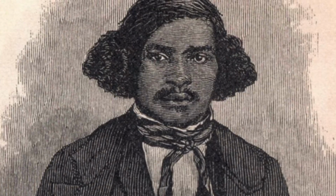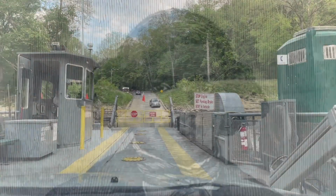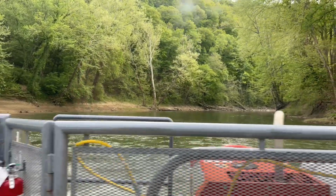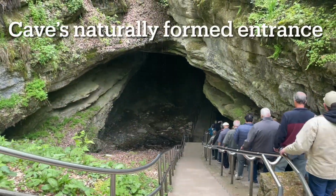He was a slave in the 1800s who was assigned as a tour guide to Mammoth Cave. He was described as being highly intellectual and knew the cave so well that he drew a map of Mammoth Cave from memory that has been verified as accurate. He left his mark in several areas of the cave, as we got to see his name written on the